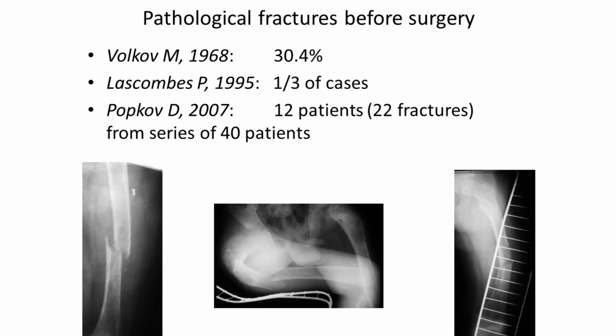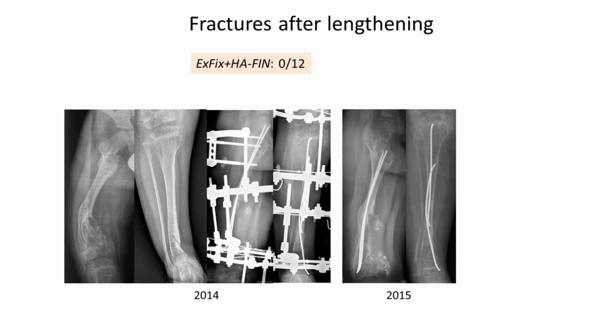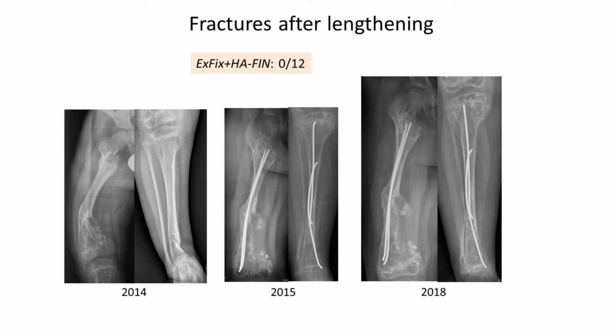The rate of these complications is about 30%. After deformity correction procedures, the rate of fractures at the lengthening site or at the chondromatous zone decreases to 5 to 10%. In our series, we observed no fracture of bones with hydroxyapatite-coated intramedullary nails left in situ after reconstructive surgery. Furthermore, with long-term follow-up of 2 to 5 years, we found no cases of pathologic fracture of abnormal bone with hydroxyapatite-coated intramedullary nails left in situ, like in this case,